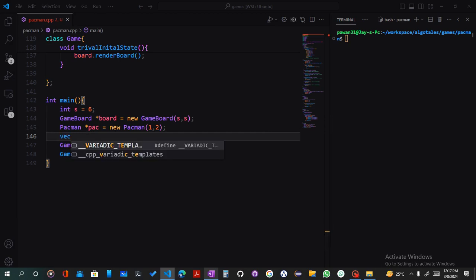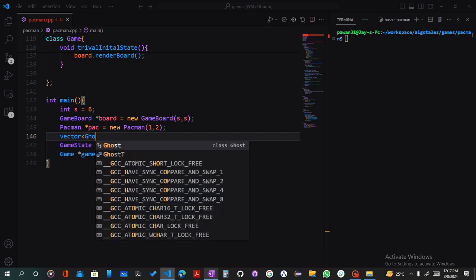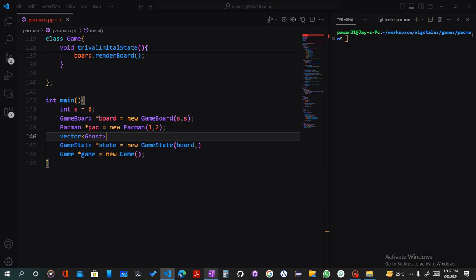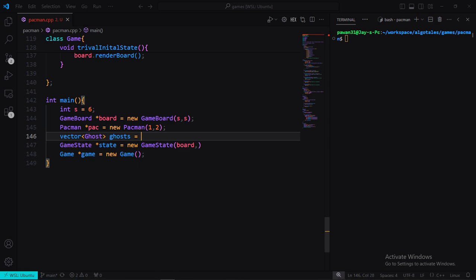And let's get a vector of ghosts. So I'll just define these ghosts here itself. 2, 1 was the first ghost, and I believe the other ghost was 3, 4. Right. So this will give us 2 ghosts. The next one should be our Pac-man, and